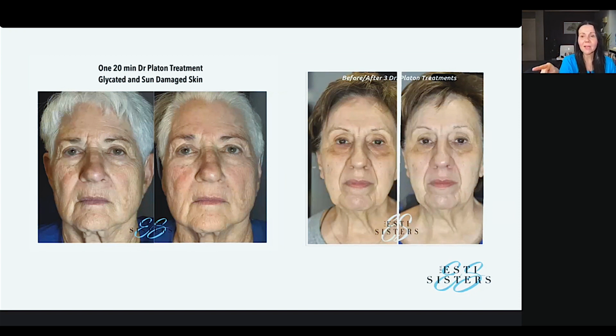So she came back a month later, and I have to get an updated picture from her, but now she has almost no orange there at all. It's completely gone. She lives in Arizona too, which is a good testament, because that could have popped back up. And also my mom wears glasses that have those bifocals at the bottom. So whenever I would see her, all I saw on the bottom there was a significant amount of not only the wrinkling, but the orange. And we were just on vacation together, and I didn't notice any of that. So that is really awesome to know that you can break up something that has been non-responsive to other traditional